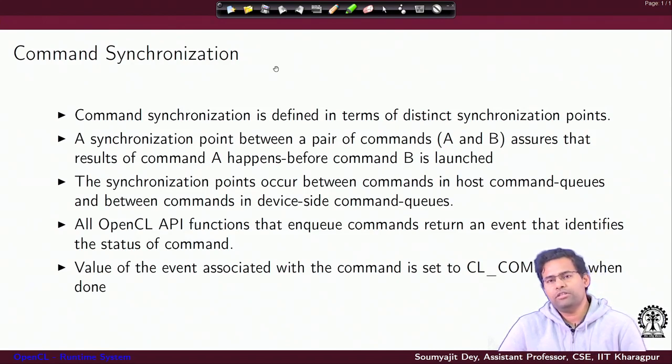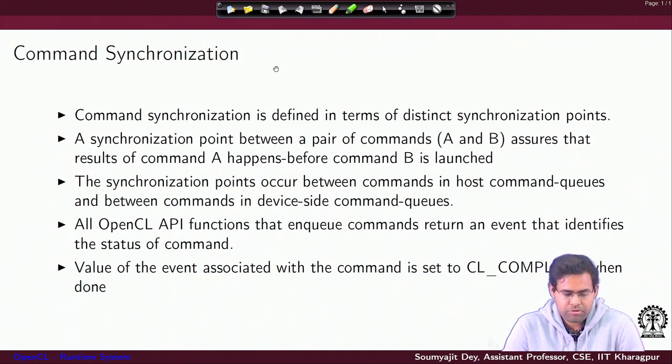This is different from synchronization among threads, like we have done in CUDA and seen as examples in OpenCL. Here it's a different concept. We are trying to synchronize among commands that have been enqueued in the command queue. The synchronization points occur between commands in host command queues and between commands in device side command queues.